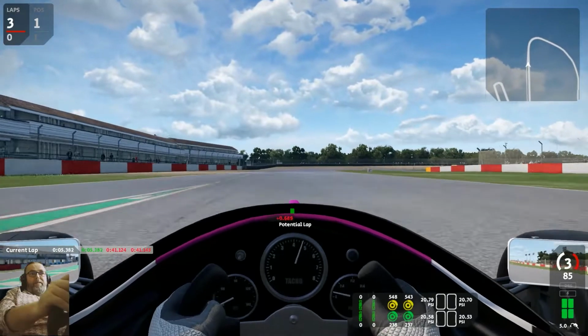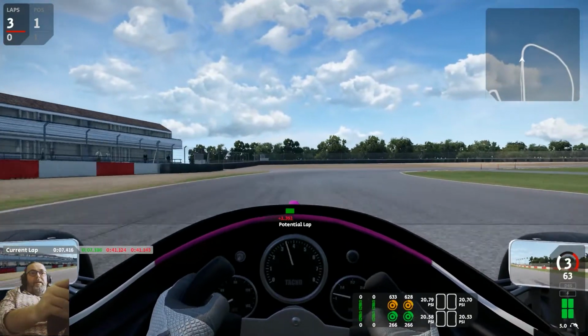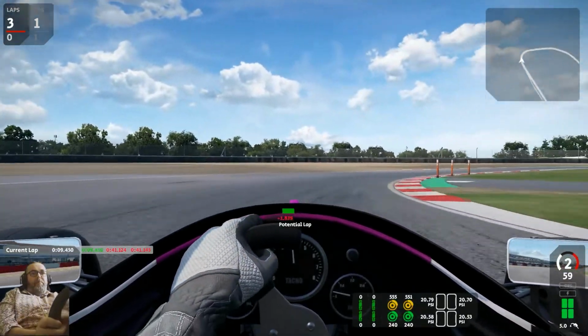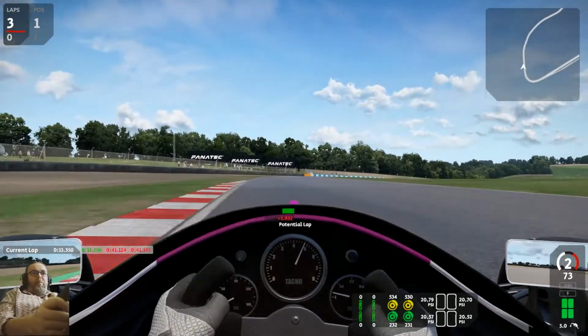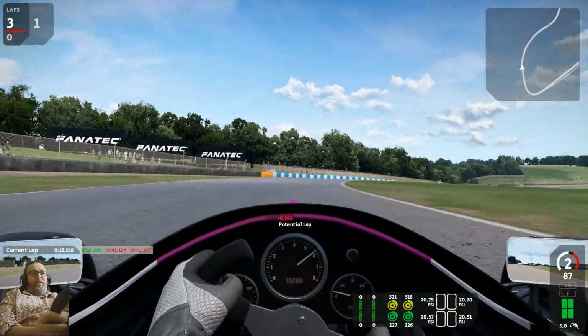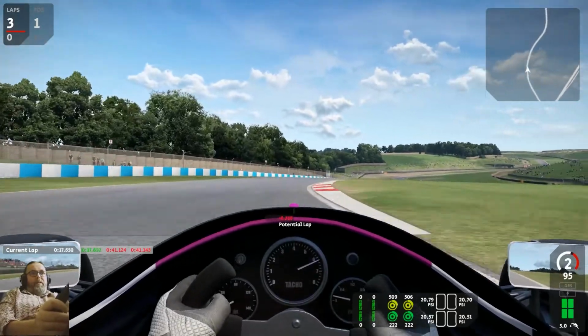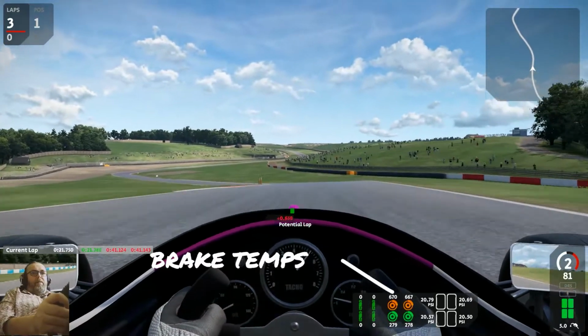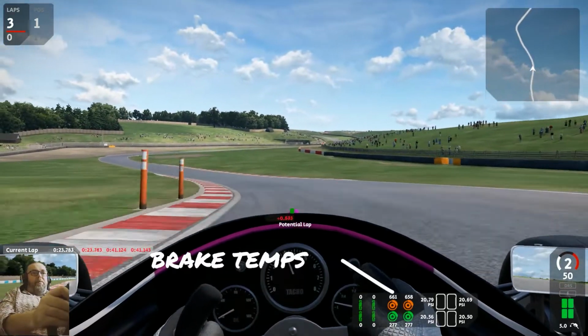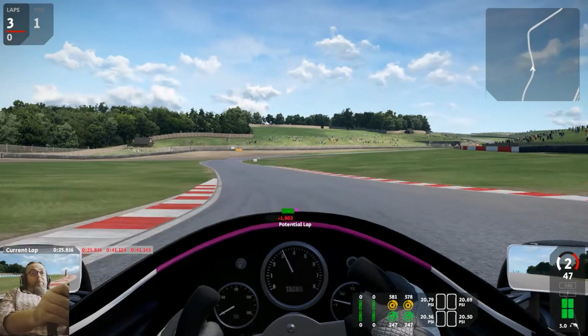And look at the brakes. That's something you should bear in mind here. You can see the front brakes. Let's see if I can find a heavy braking zone. I mean, you can already see it here, but I'll stamp on the brakes in a sec. Watch the difference between front and rear brakes, and that can be a problem,